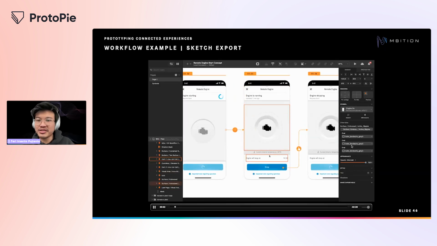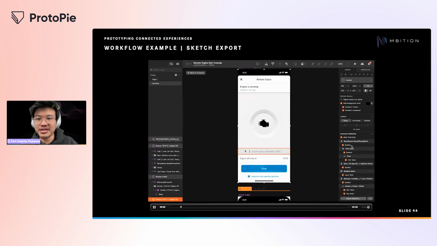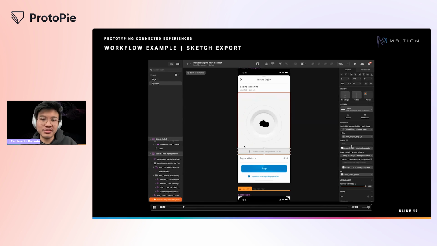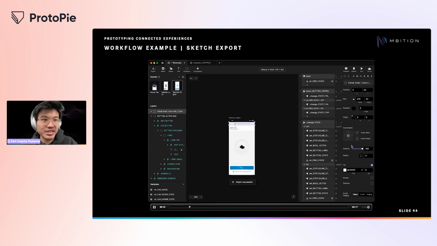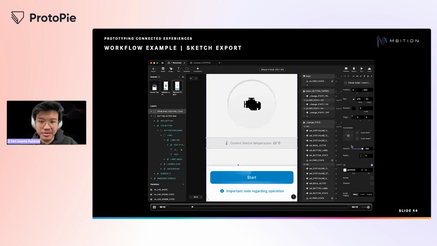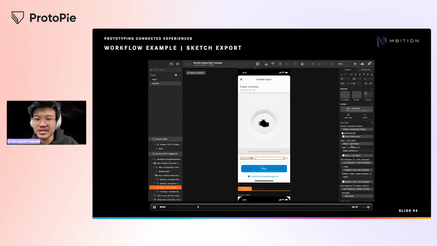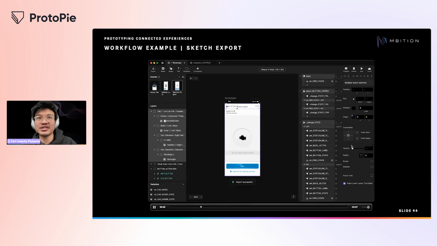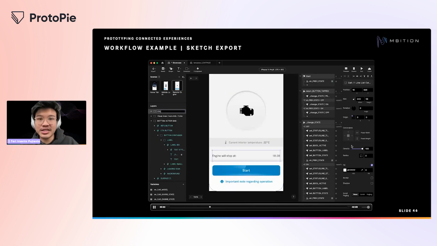So in some cases, we might not need to use our component if the element is not planned to be interactive in the prototype. In that case, we can just use the export function or export that element directly from Sketch using the export import plugin. As an example, in the video, it is the info line element that should be showing whenever the engine is active, and also this cell items element that also should be showing. And in that case, I'm just using here an opacity response based on the state of the engine.